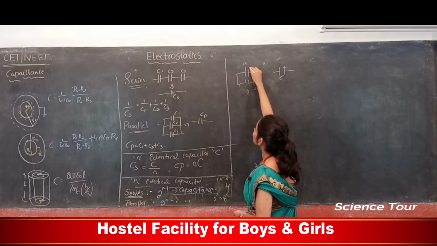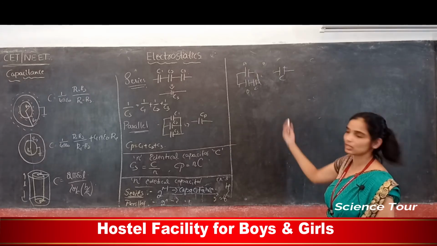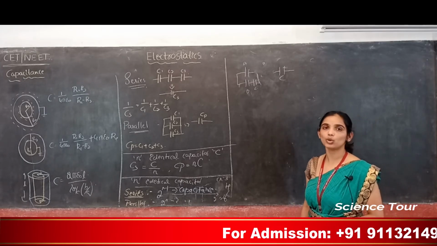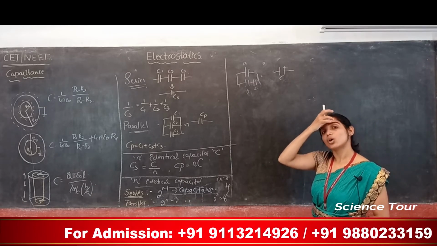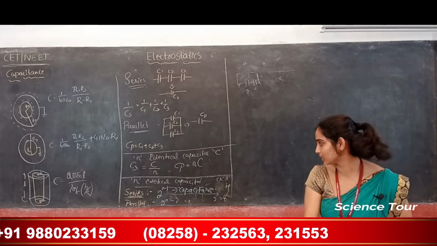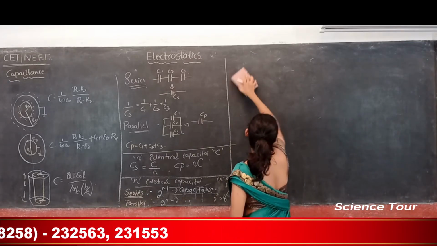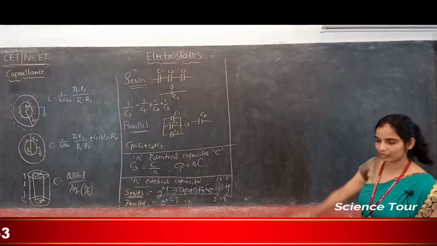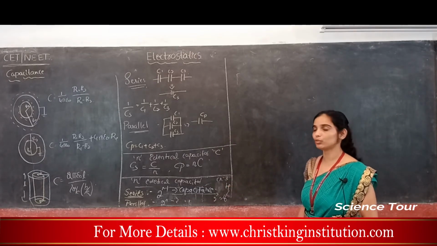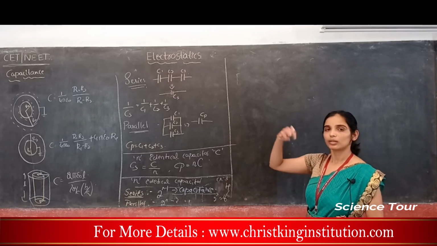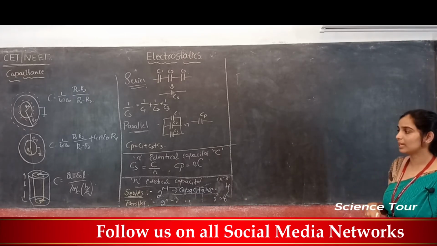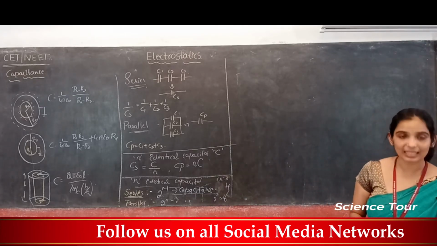B and C are in series, A is parallel to B and C. This is also a parallel combination. B is parallel to A and C. C is parallel to A and B. Similarly you can make 8 combinations. You got it, right? Just like how I showed it for series, you can make 8 such combinations. If the number of capacitors is 2, then 2 to the power of 2, 4 combinations you can make. So this is about series and parallel combinations with identical capacitors.